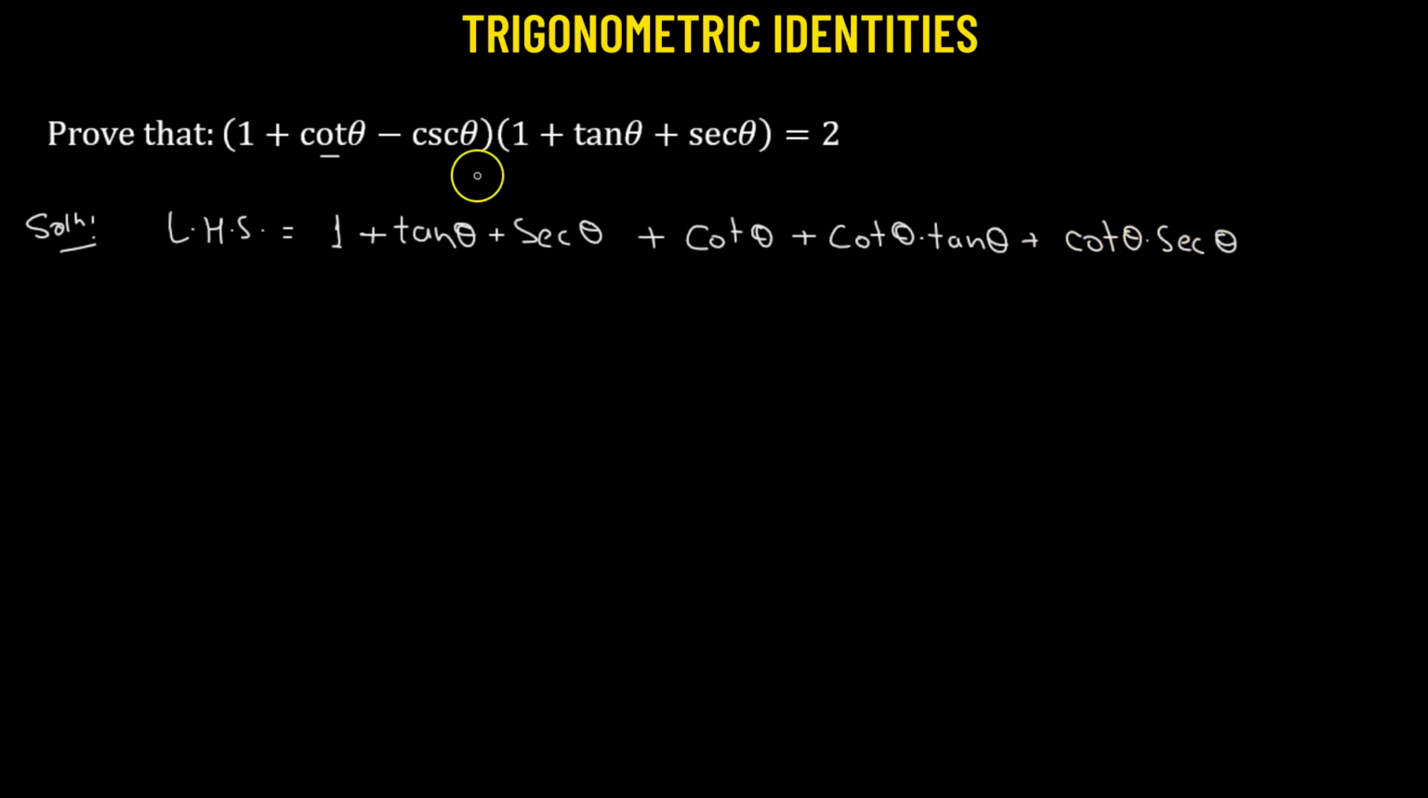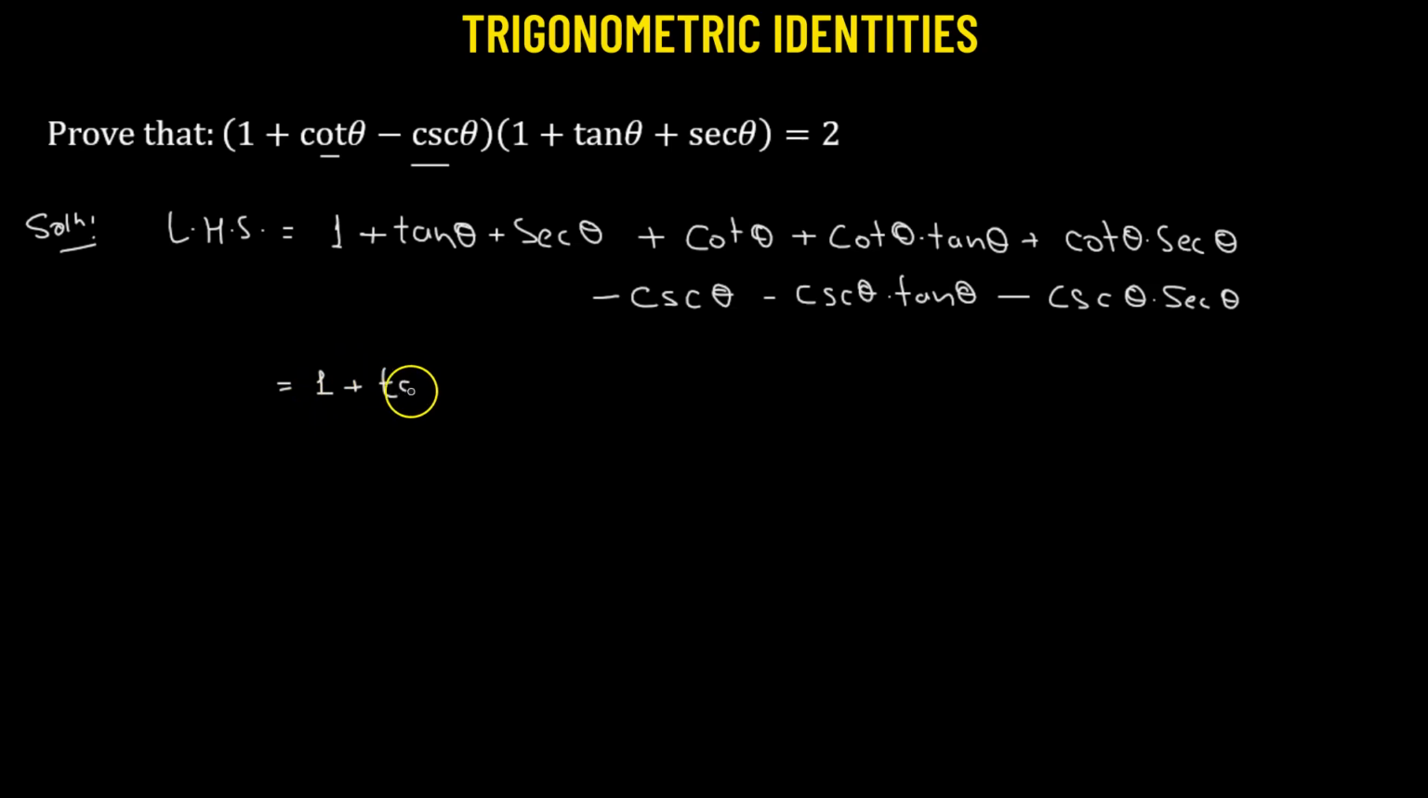And finally, we're going to multiply negative csc θ by (1 + tan θ + sec θ), which is going to give us negative csc θ, minus csc θ times tan θ, minus csc θ times sec θ. So this will be equal to 1 + tan θ + sec θ + cot θ plus